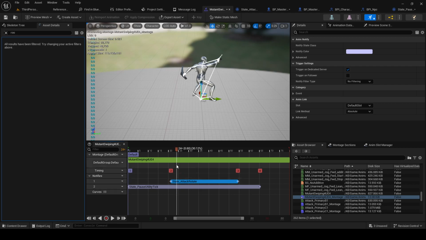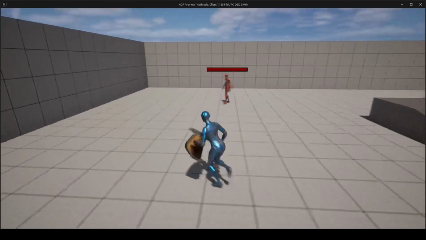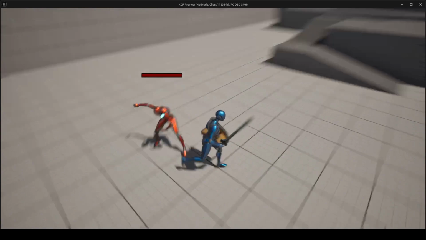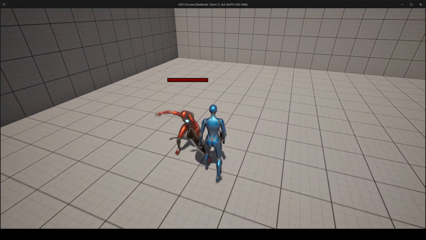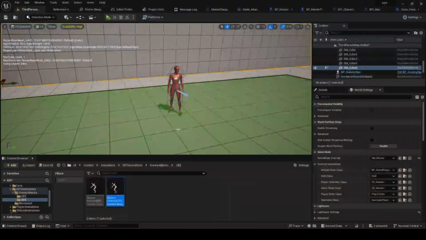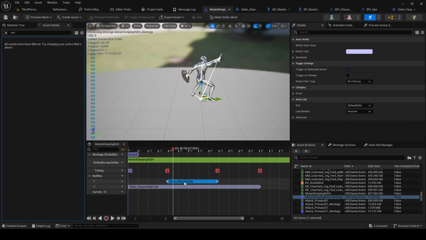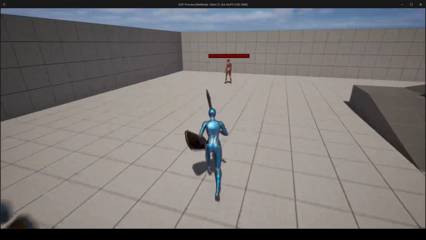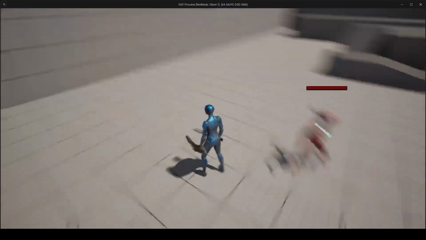Going to trace during the actual swing. Maybe not. It looks better, but it's very aggressive for tracing. Something like